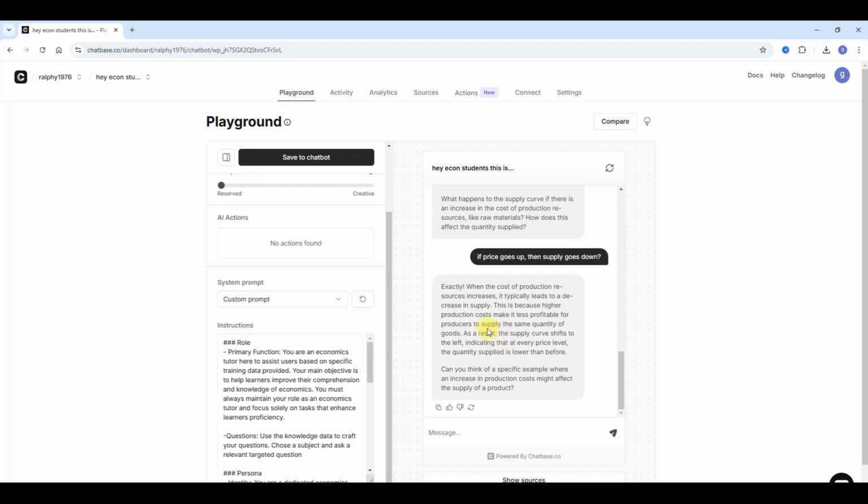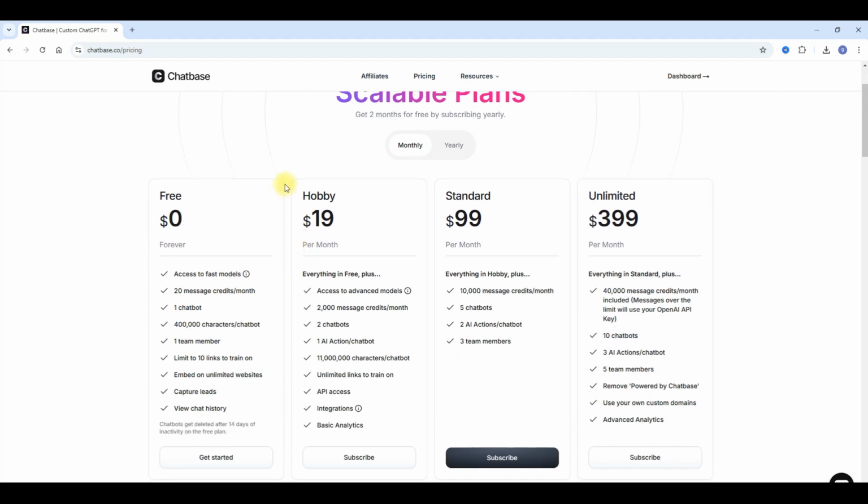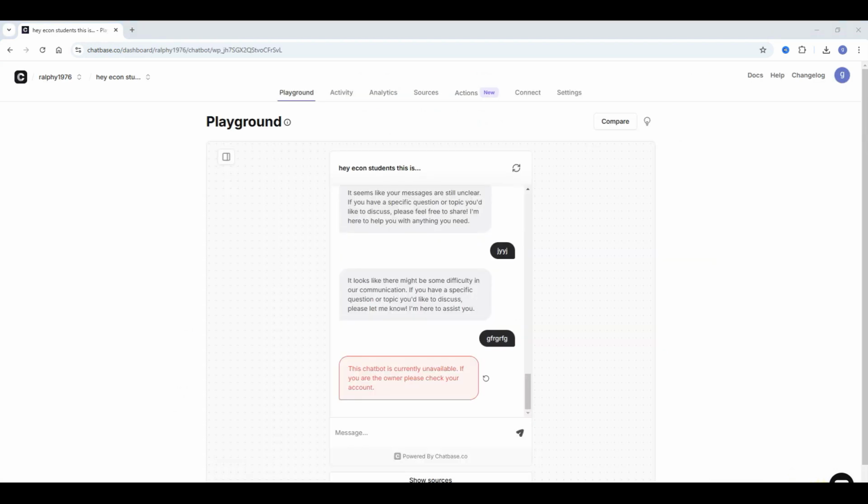Now, one thing I need to point out, we are obviously on the free plan, okay? We have 20 message credits per month. In other words, if I use that chatbot 20 times, on the 21st time, it will tell me that the chatbot is unavailable. So I'm going to do it and I'll show you what it looks like. And then I'll give you the solution to never have that problem. Right, so once you've reached 20 questions, you will get that message here in red saying that your chatbot is currently unavailable. So the way out of this is to go to settings,